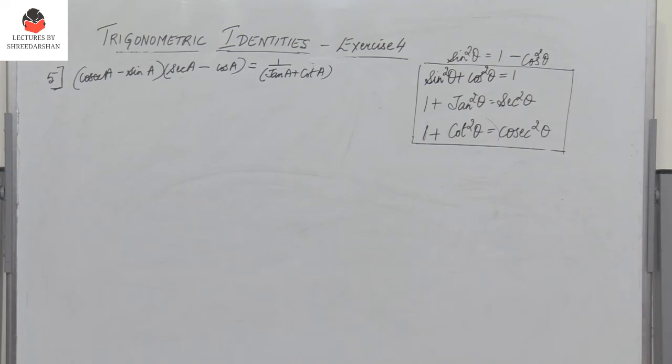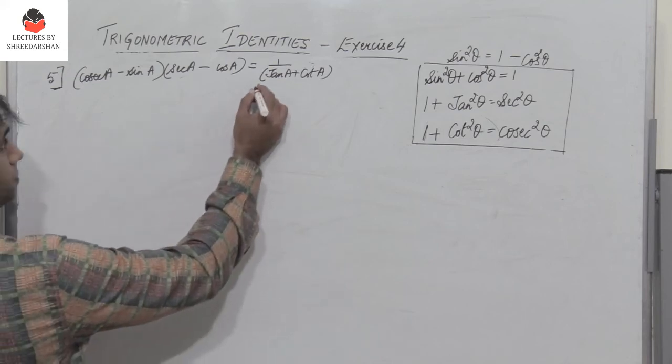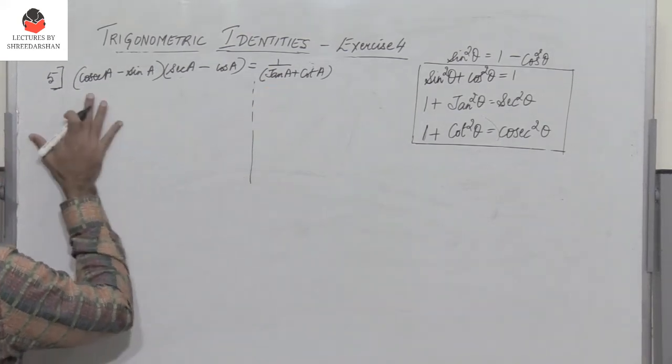So we have proved that this term plus this term is equal to 7 plus tan square A plus cot square A. So again here let's try to solve the LHS and RHS separately, so it becomes easier if we do that. So now let me solve the LHS here.